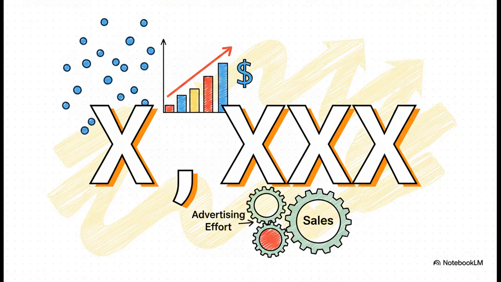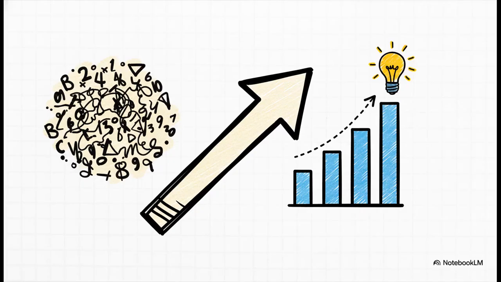And there we have it. The math tells us our model predicts we'll see a certain number of units in sales. And just like that, we've taken a pile of historical data and turned it into a specific, actionable forecast about the future. So let's just pause for a second and think about what we just did. We started with what was basically just a simple spreadsheet of numbers, right? Hours and sales. And by finding a pattern and building a simple model, we transformed that raw data into an actual insight that can help us make much smarter business decisions.